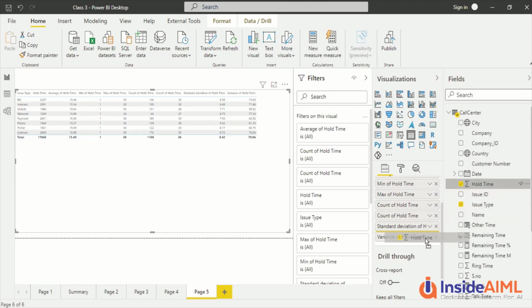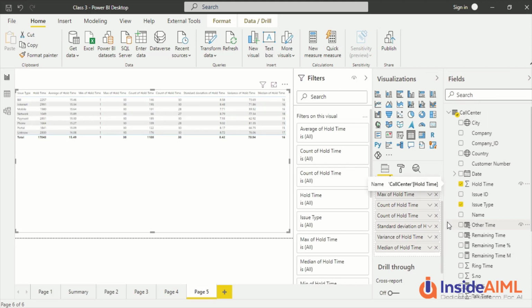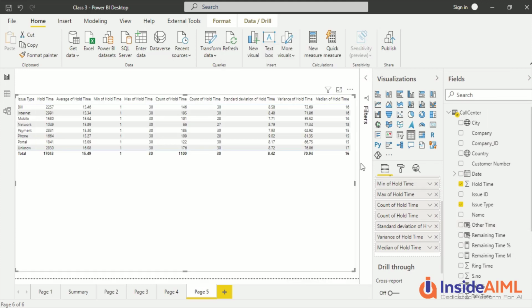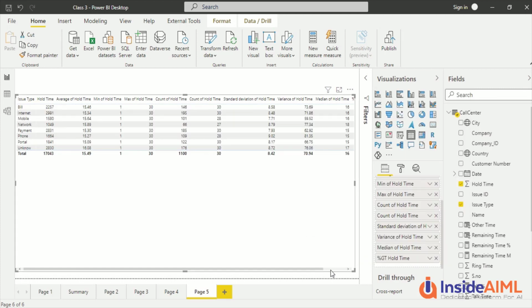Okay, let's drag it one more time. So these are different options which are available here. We say median. Okay, average we already seen. This is median, which is the value which is most available. Let's make it a bit bigger. We can actually close this. So what I wanted to do is let me drag whole time once more. And this time I'm going to right click and say show as percentage of grand total.